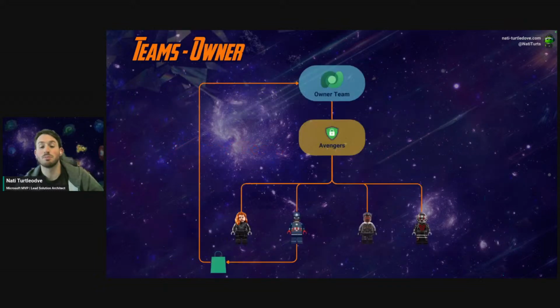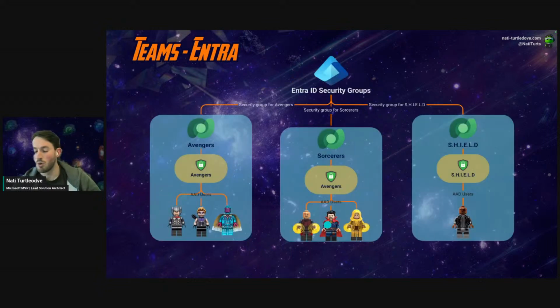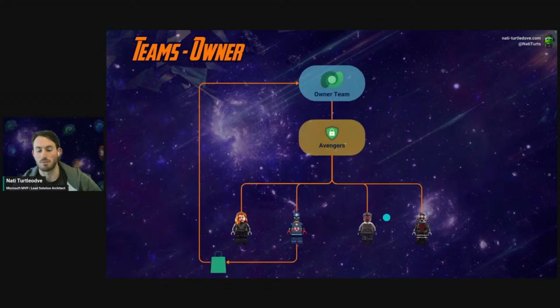But if we just look at the simple structural process of how we use ownership teams, we've got 4 members over here that form part of an ownership team we created. That ownership team has got the security role of Avengers assigned to it, meaning now that all these 4 Avengers will inherit that security role. Sorry, my bad. I think I clicked. These 4 Avengers over here will inherit that security role. So now if Captain America were to create a record over here, and he were to assign it to this ownership team, all these members over here would now be able to view that record.